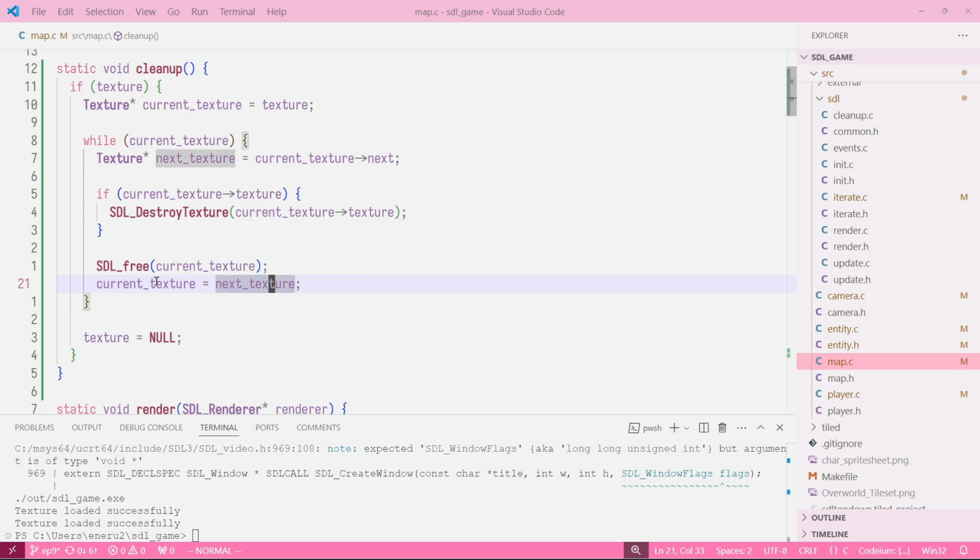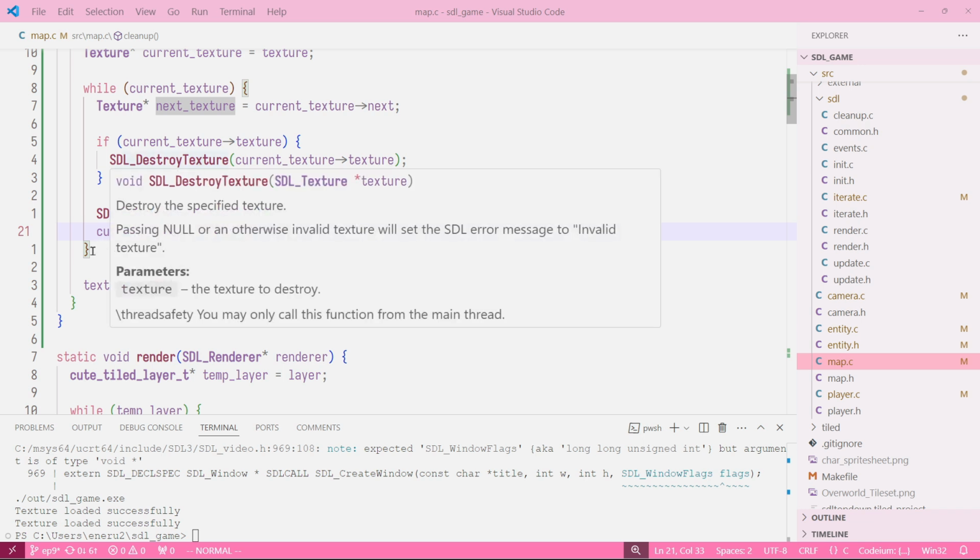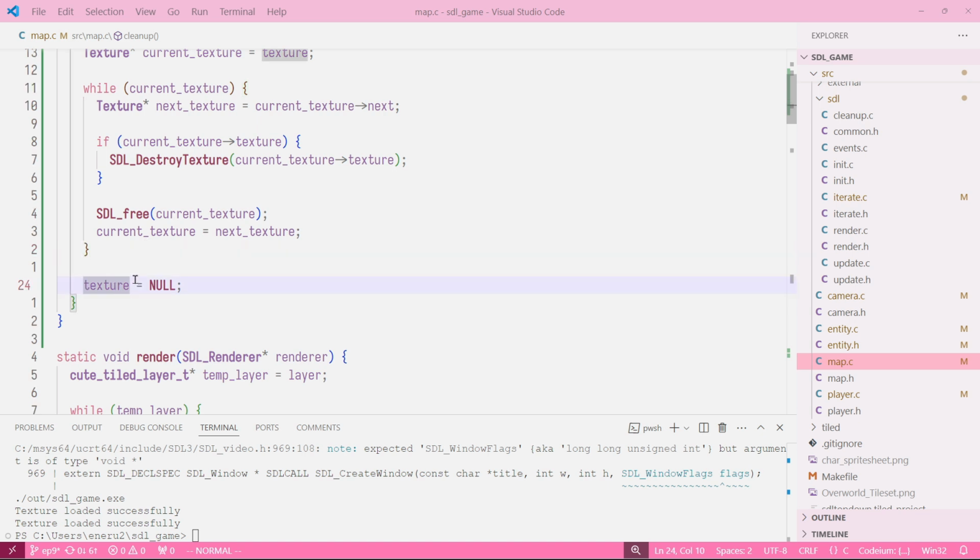After that, we run another iteration of our while loop. So if there's another texture, a next texture in our linked list, this would run again and we would destroy the texture, free the memory, and go into the next item. And if there's no more texture in our linked list, this while loop would end and we would know that there's nothing left. We've freed all the memory, we've destroyed all the textures,